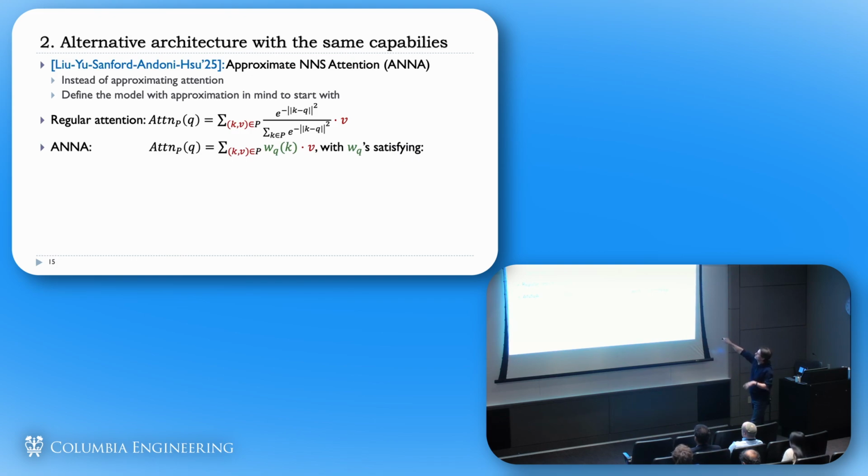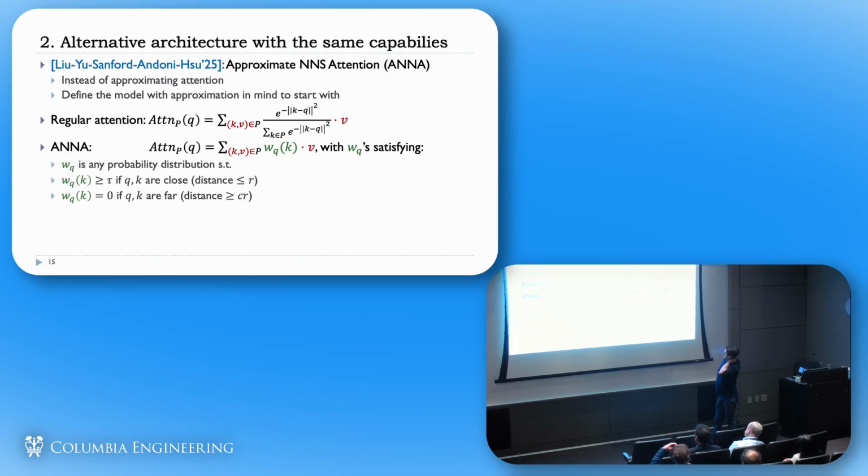And I say, I'm okay to have an attention which is some reweighting, some convex combination of these vectors, but with these W's, which have much weaker properties. Maybe I don't have time to go through that, but this is defining some weights which are not as smooth as these ones. I mean, they are much sparser, which means that it is easier to compute, but it's still enough.